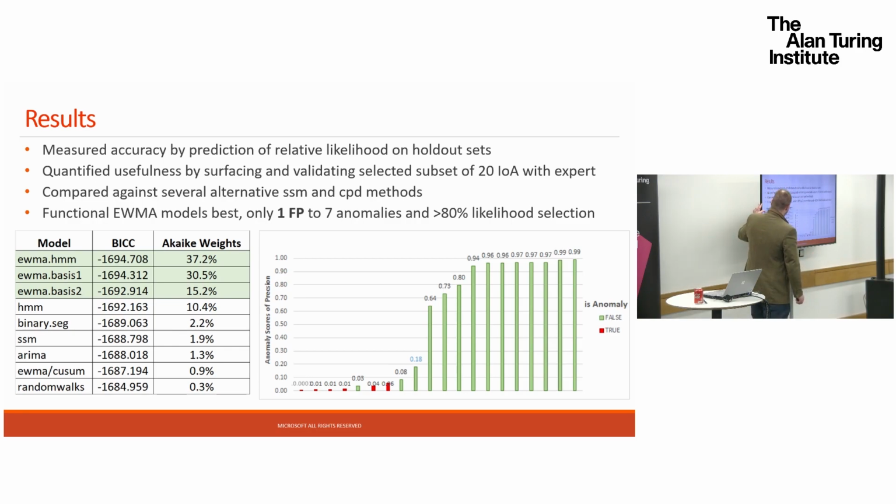But the best models were these EWMA basis function models, which is what I was proposing, the functional state space models. And there are different choices of basis. There's one that actually does full hidden Markov models with the functional EWMA. That's really expensive, as you can imagine, but it's a really good model. Anyway,